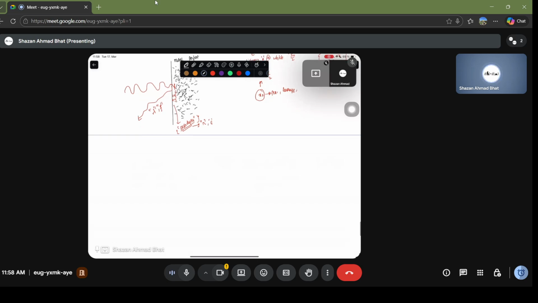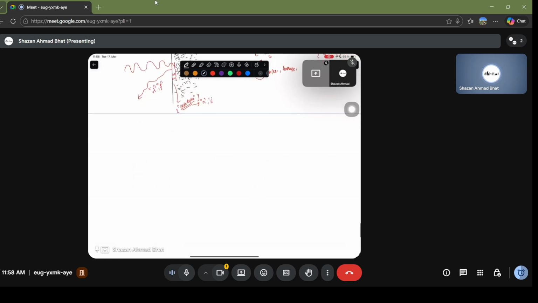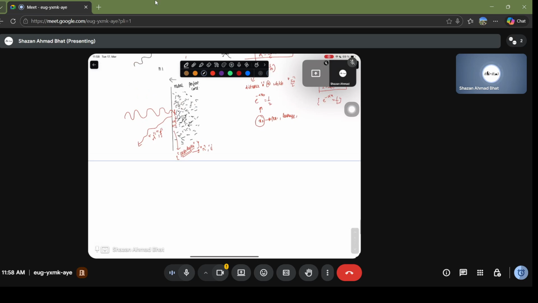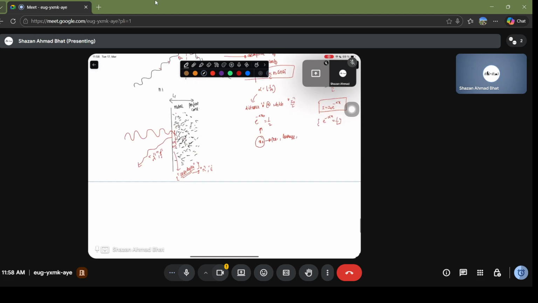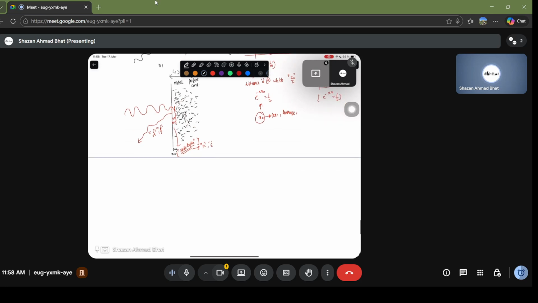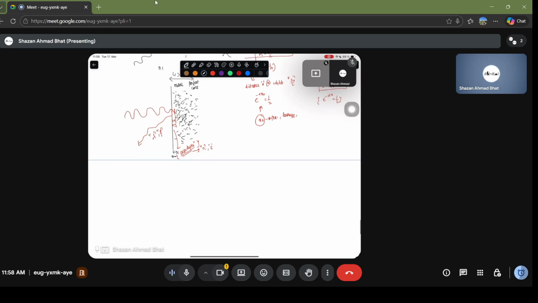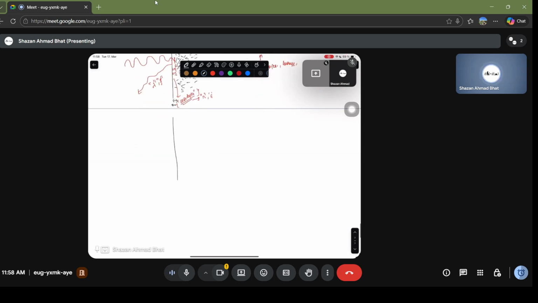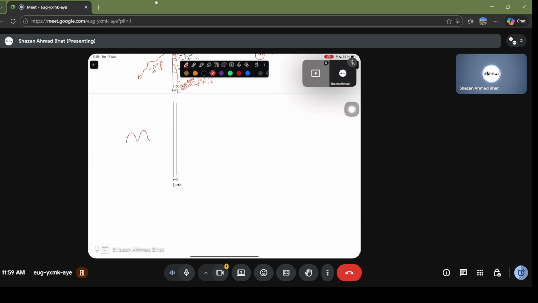system. But now there's a scenario: let's say this metallic thickness was L1 and it was much greater than this x naught, the skin depth. Then you're not going to see any effect because it's going to decay close to the surface of the metal. But what if you make a metallic sheet thin enough that the length approaches the order of the skin depth? Then your electromagnetic wave is going to come and it's going to leak and appear on the